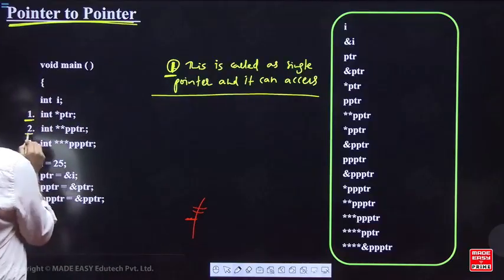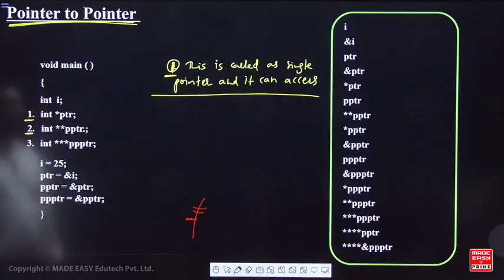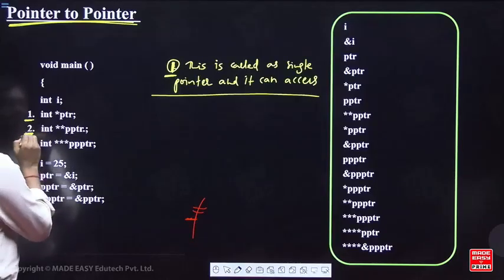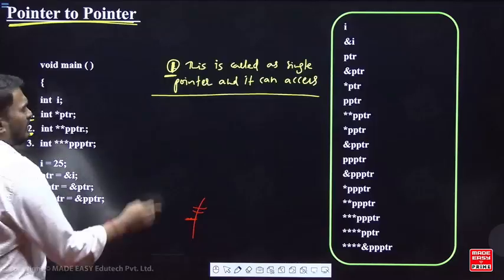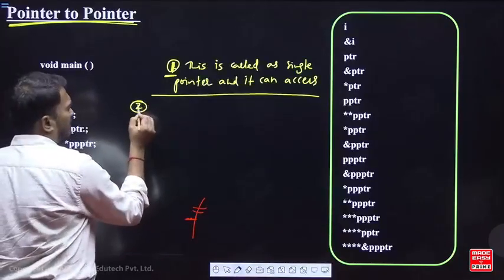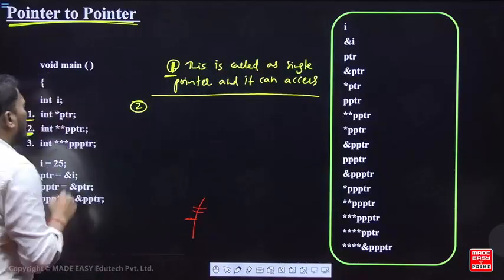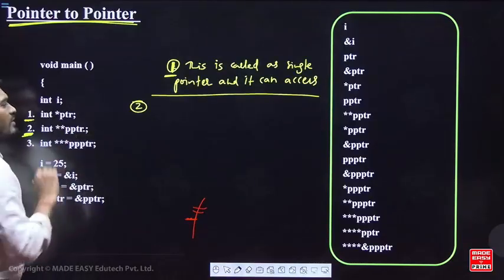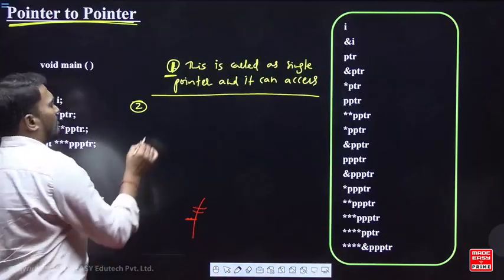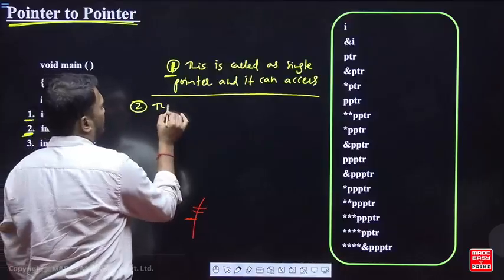Next, number 2. What is the meaning of the second statement? Listen here, I have given the numbers just for clarification. So what is the meaning of number 2 here? Listen carefully. Meaning of number 2, note down: int double star pptr. Meaning of the double, second statement. Note down, this is called as